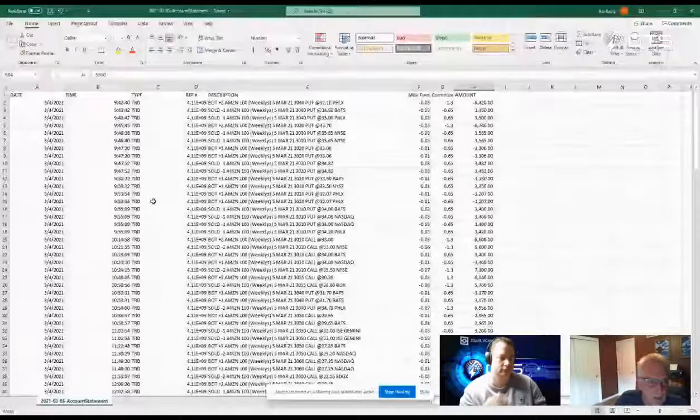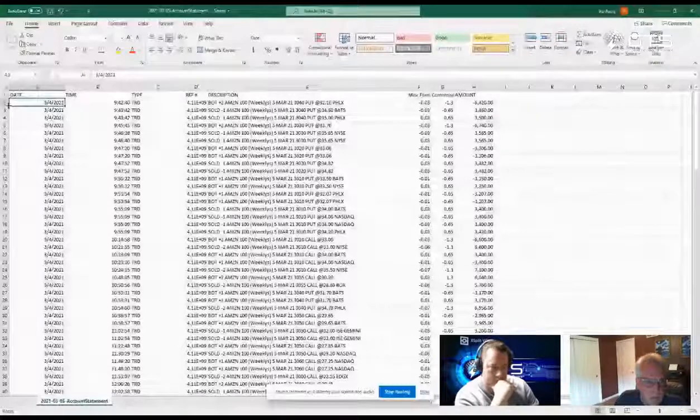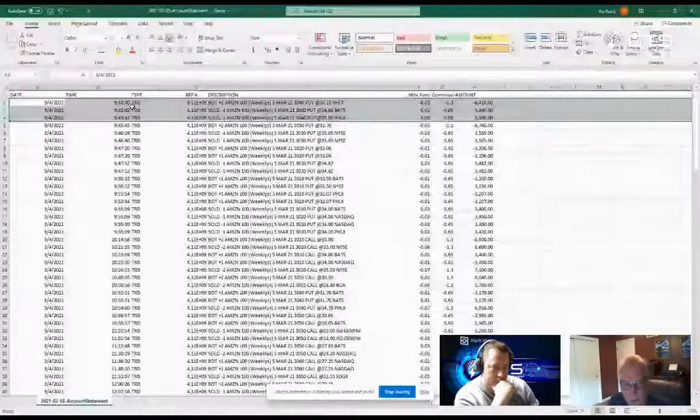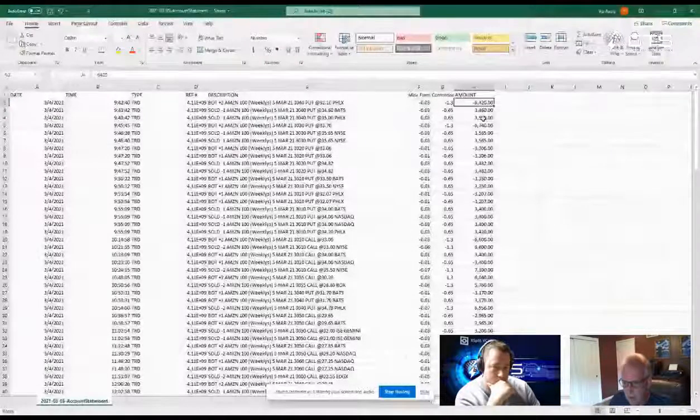What I want to show you is I'm just buying calls and puts. Look at the timestamps. 9:42 and 40 seconds. Closed it out 1 minute and 2 seconds later. And if I just highlight over here, you can see down at the bottom a $540 gain in about a minute or so. And if I keep going down these numbers here, buys and sells. Here's a 390. I think somewhere in here there was a $1,020 gain in a few minutes as well.